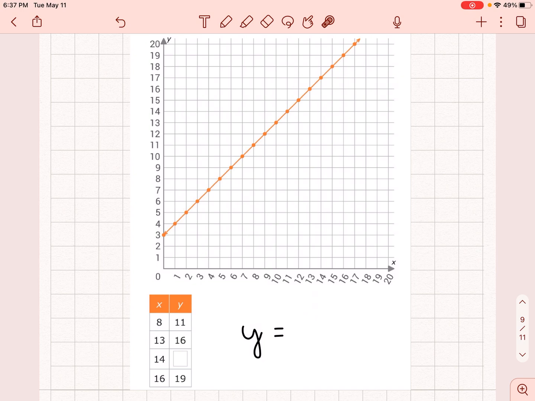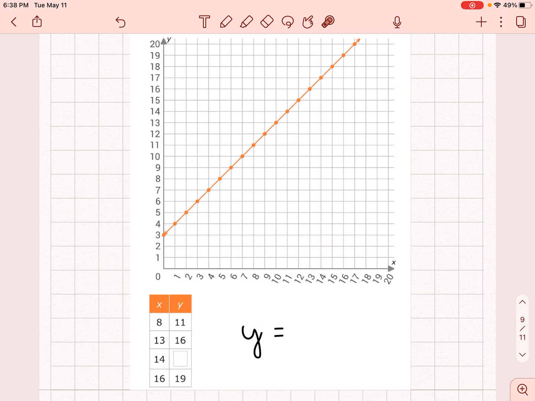To begin with, we see here that there's a missing value. One of these y coordinates is missing. Now, there's a pattern here. When x is 8, y is 11. When x is 13, y is 16. And so on. So, to start, let's take a look at the value of x at 14 and see what